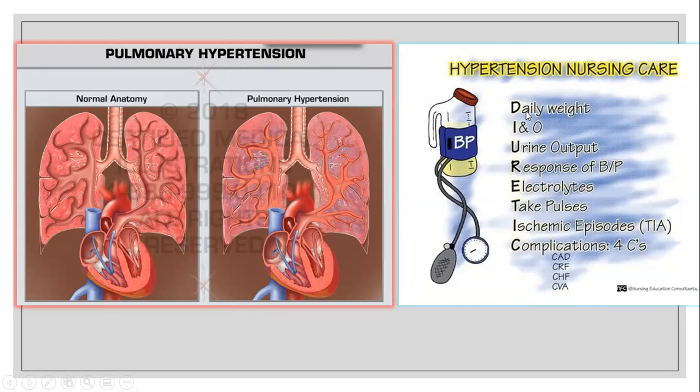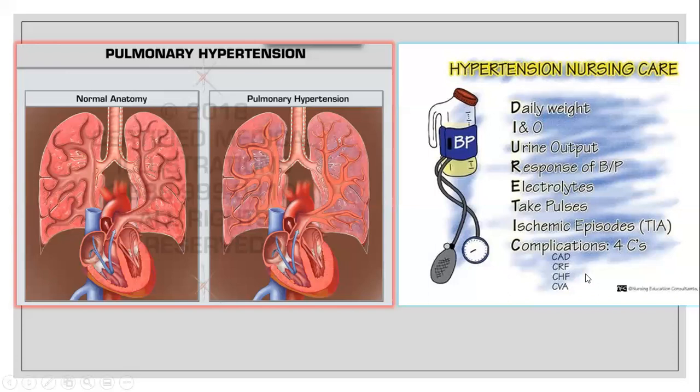We could measure the daily weight, also keep a record of input and output, how much fluid they take in and how much urine output, response to the blood pressure, then electrolyte monitoring, take the pulse regularly, watch for ischemic episodes or TIA, transient ischemic attack,